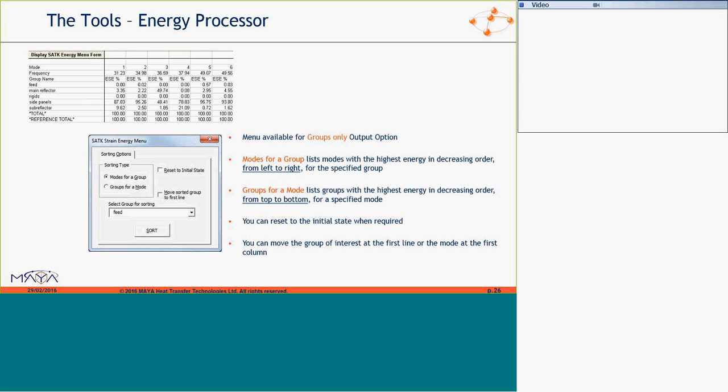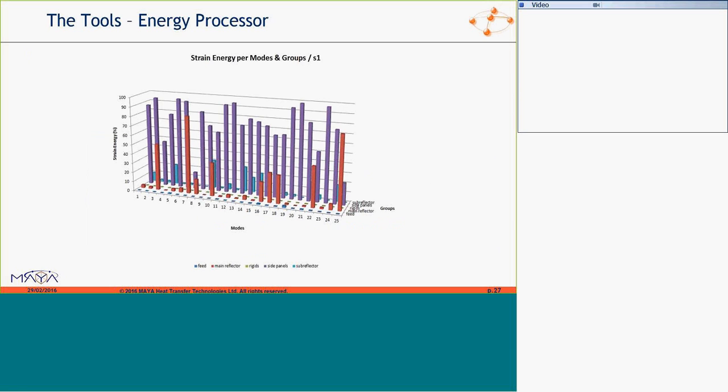And then we have a macro that's available when you've used the group option, which lets you sort by group or by mode in the Excel file, and I'll be showing you how that works. It's a nice 3D graph here: energy by mode by group number, or group name rather.